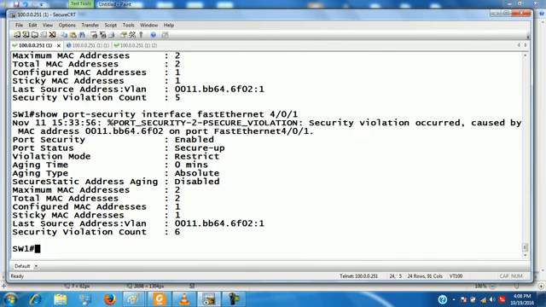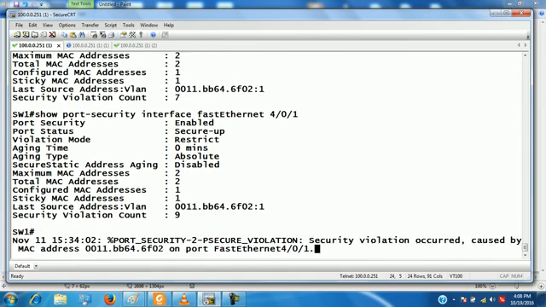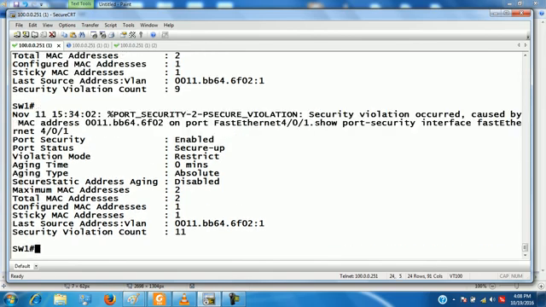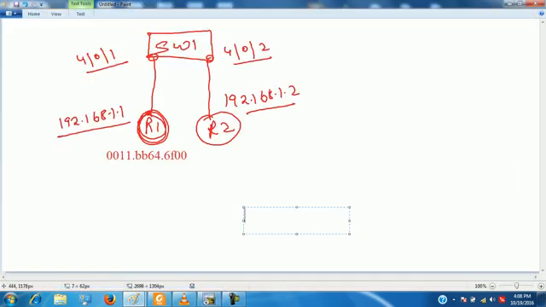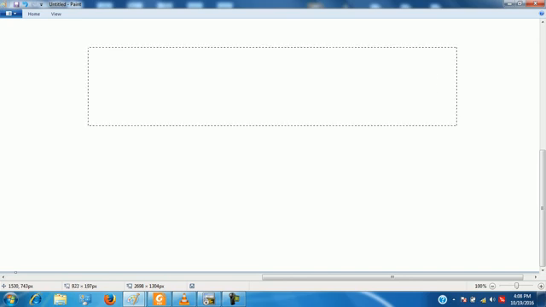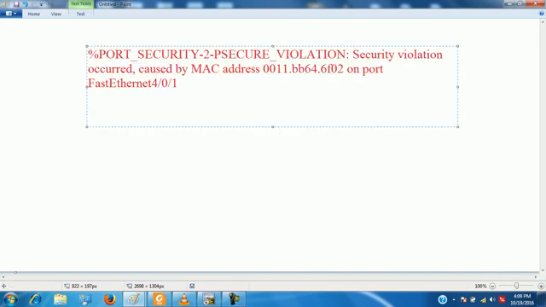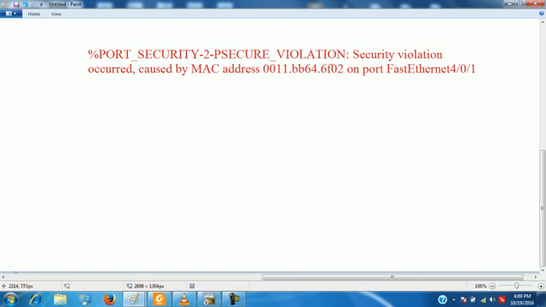It means someone is trying to access my port, and I am getting a log also. Read this log: security violation caused by MAC address on port number.